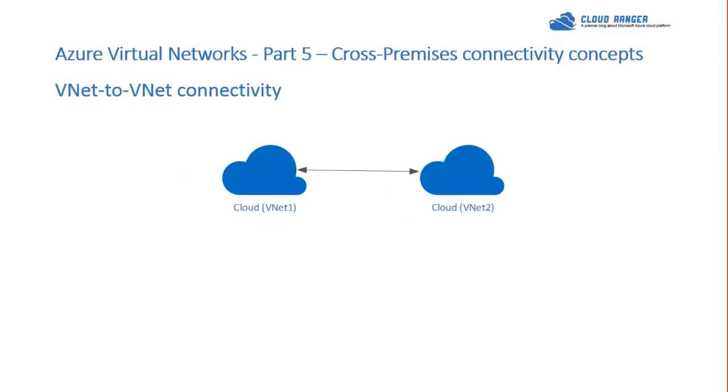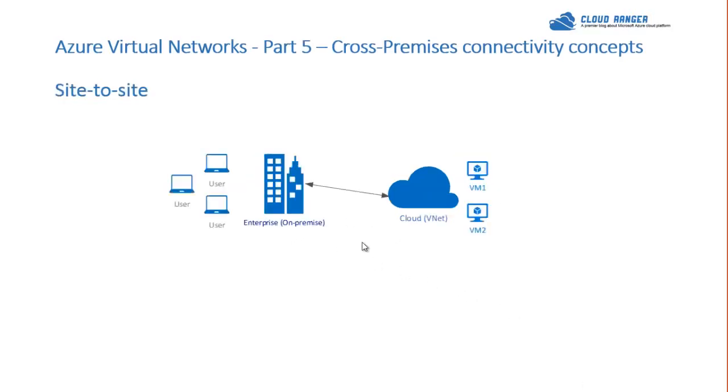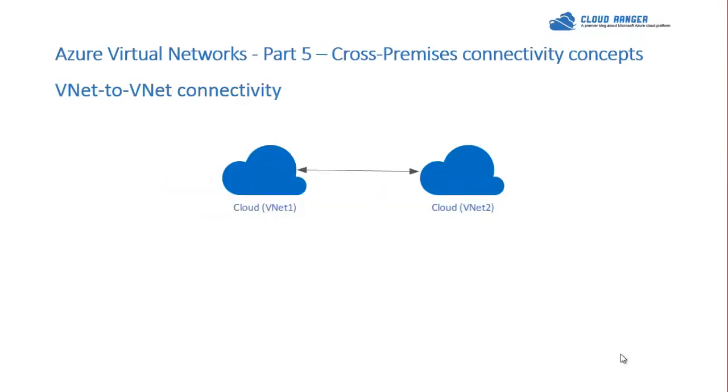Now, this is the most interesting one, VNet to VNet connectivity. This concept extends from site-to-site connectivity because, end of the day, this cloud with a virtual network 1 and this cloud with a virtual network 2 are nothing but two sites. So it's almost similar to this topology, except that your on-premises is now also a cloud. Now, a couple of things you have to remember here. A cloud to cloud, or VNet to VNet tunnel or whatever,